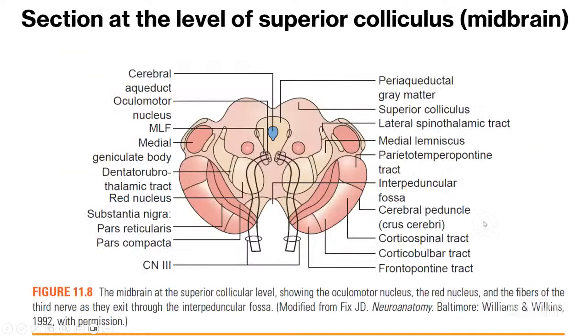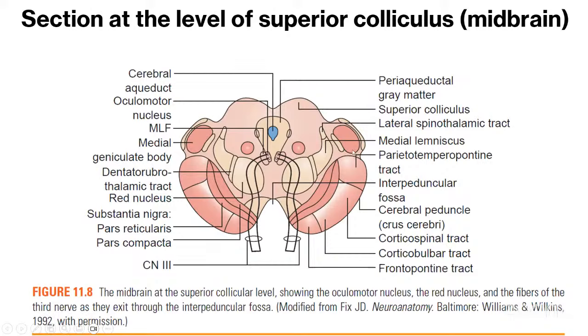So at the level of the superior colliculus, midbrain, here we have the third cranial nerve, which we can see here, exiting out, passing via the red nucleus and the substantia nigra. This is substantia nigra, and here we see the corticospinal tracts. These are frontopontine fibers. These are corticobulbar fibers, and